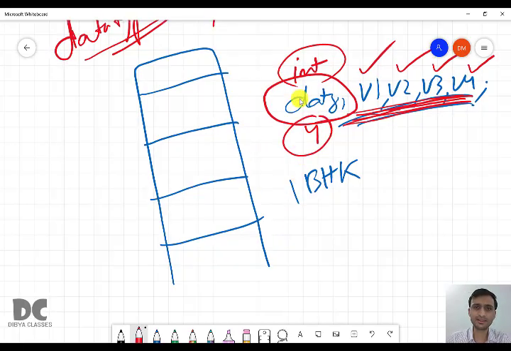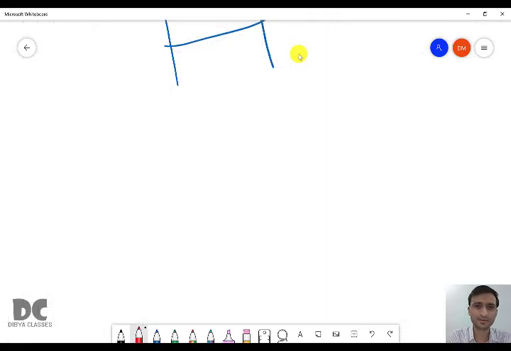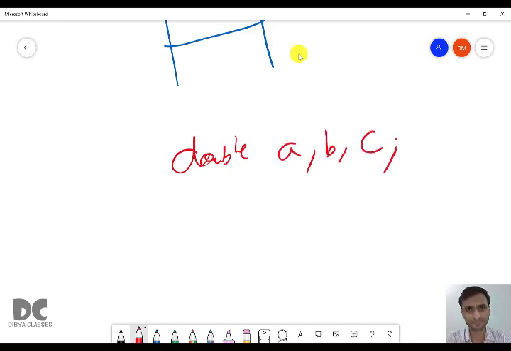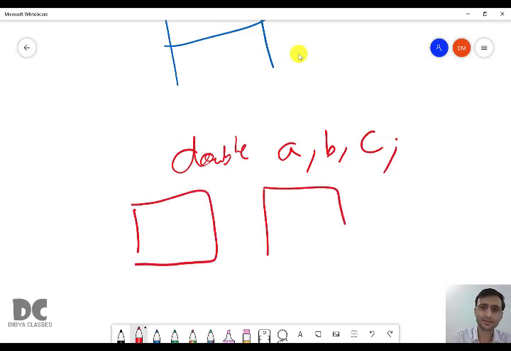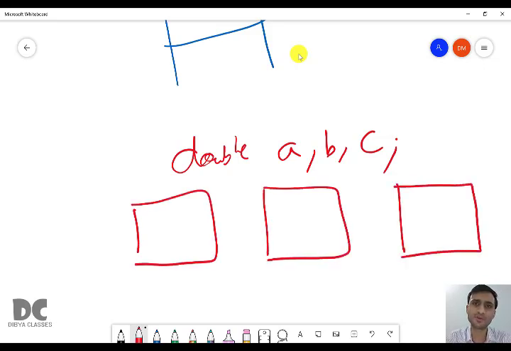For example, if you want to create 3 variables of double type, you have to write double and 3 variables. We will give some variable names, let it be A, B, C. You can give any name according to identifier rules. Here I have given ABC, you can give XYZ, or A1, A2, A3. It depends on you. So when we write double A, B, C, it will create 3 variables. First, it will create 3 variables. Why?